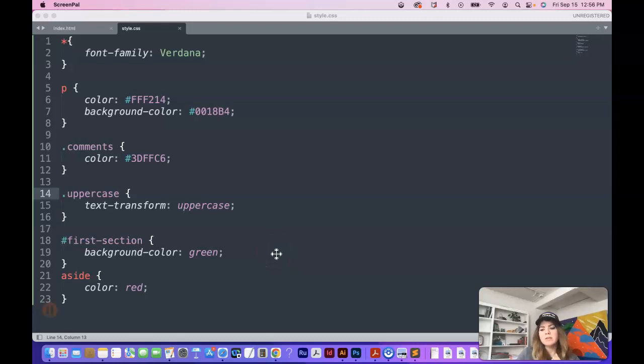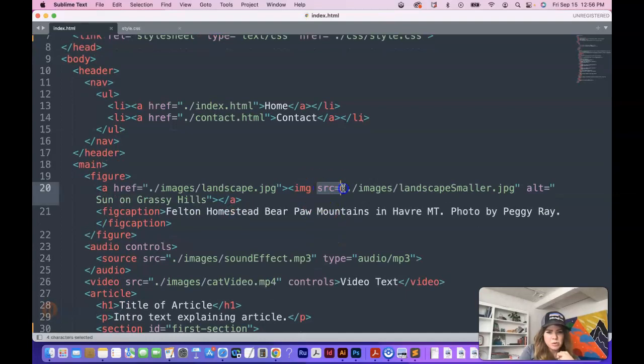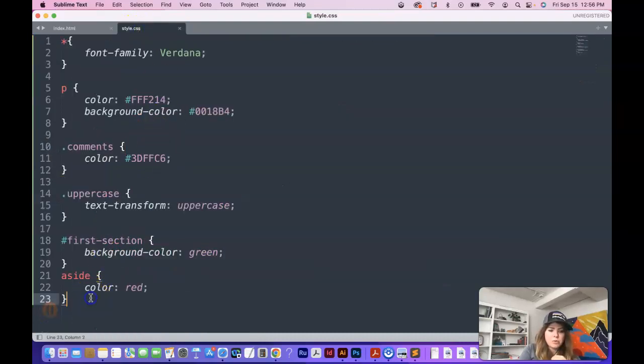So far we've used IDs and classes and just regular HTML tags as selectors to select HTML elements and style them in our style sheet. But we can also use another technique that will work in styling certain HTML elements that have an href or a source. So something like an image that has a source, or an A tag with an href. Okay, so this is specific to those things that have href or sources, but go ahead and enter the following